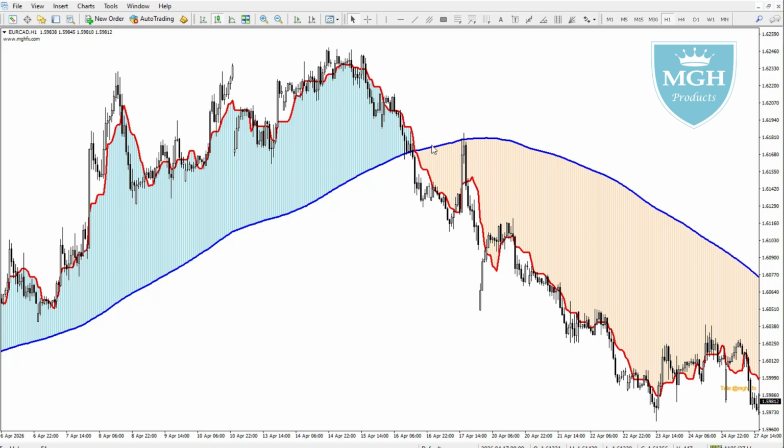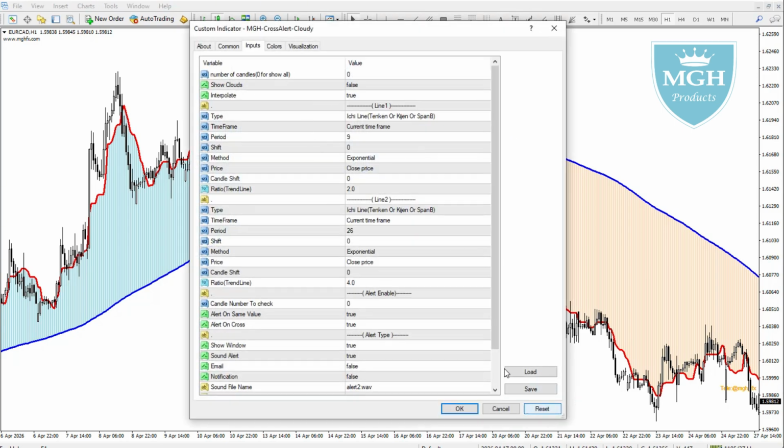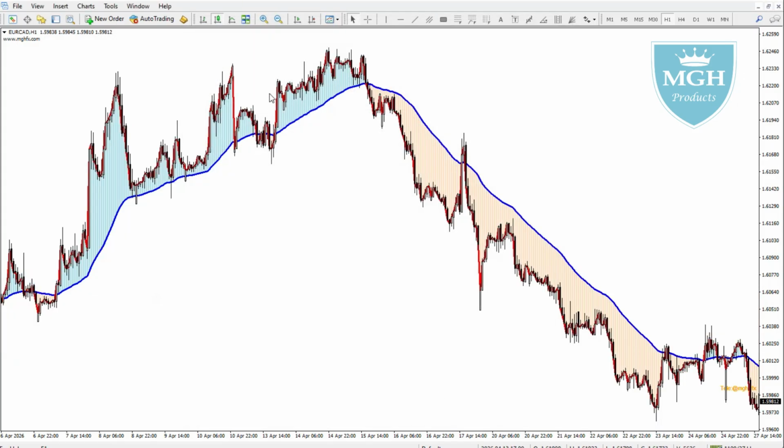Our final scenario is very simple but extremely useful. Line 1 is price, which uses the actual candle price like open, close, high, low, or median, and line 2 is MA line period 50 exponential, so we have EMA 50. Clouds are on. On the chart, the red line is actually the candle price itself, and the blue line is